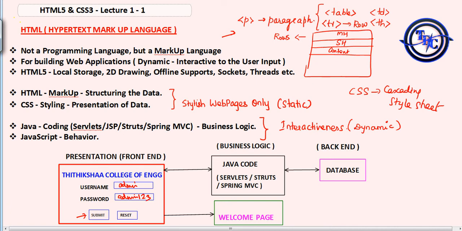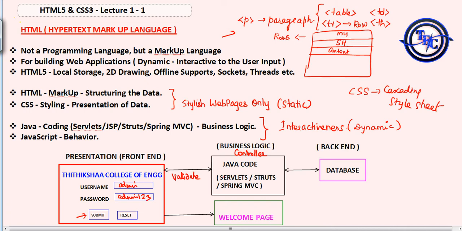So now here the controller will work. This is said to be the controller, nothing but the Java code. It does the business logic. When you give the username and the password, it should validate whether the username and the password are correct.